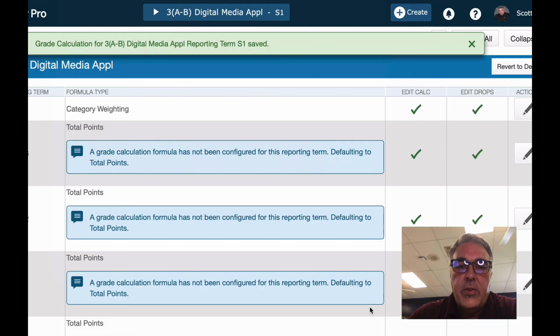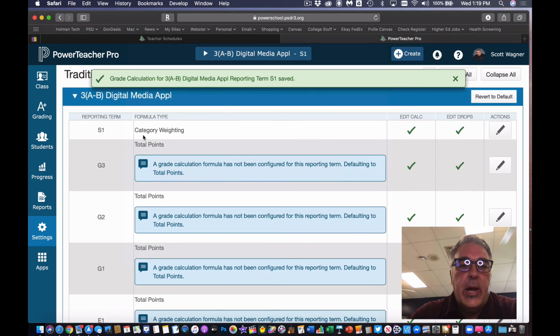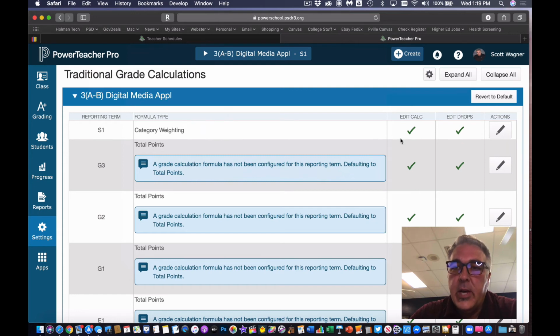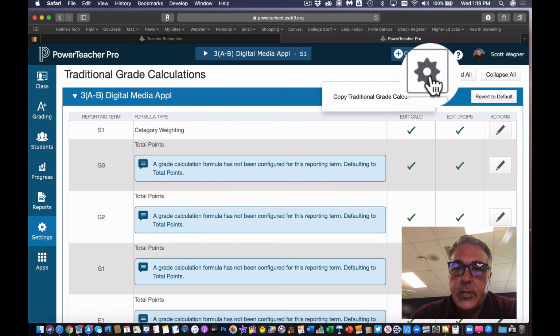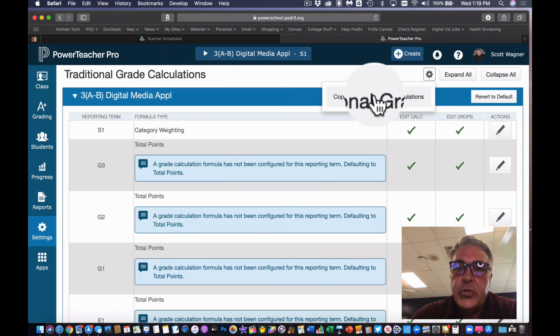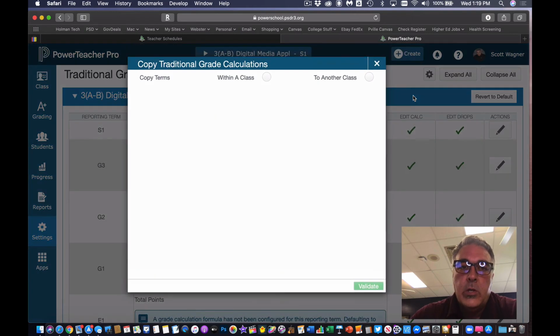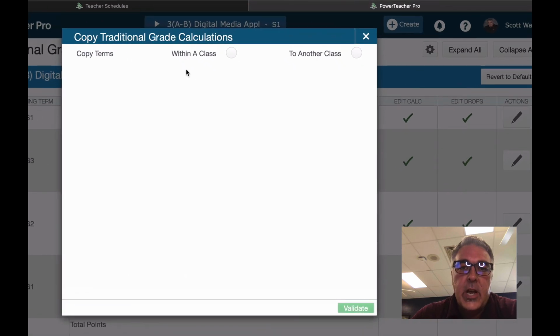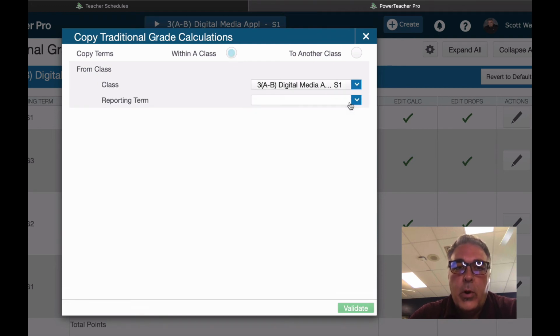So once that is finished, this grade calculation formula has been created and set. What I can now do is click on this gear up here at the top, and I can say copy traditional grade calculations. So what this is going to ask is, okay, which one do you want to copy? And I wanted to copy terms within the class. This is semester 1. That's the one I set. And I want to copy it